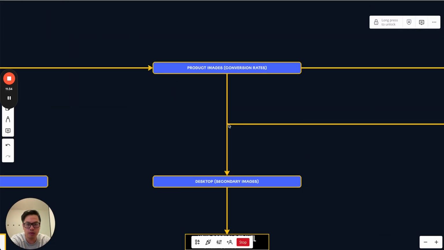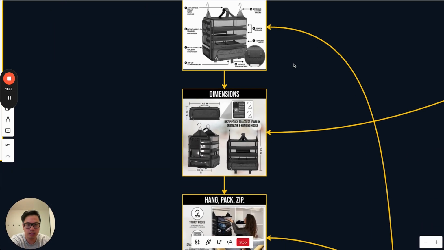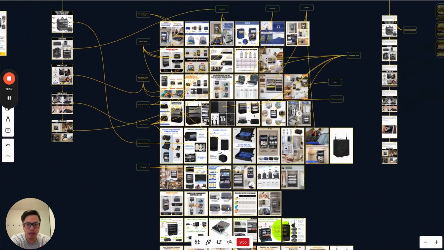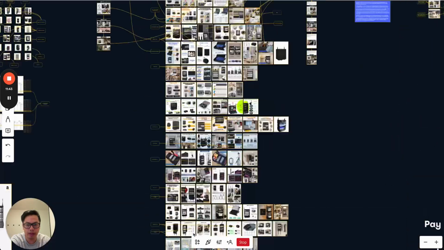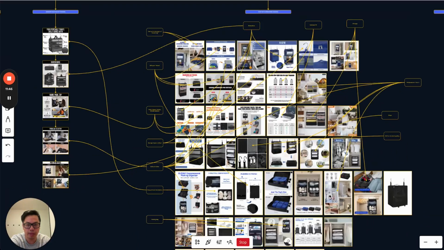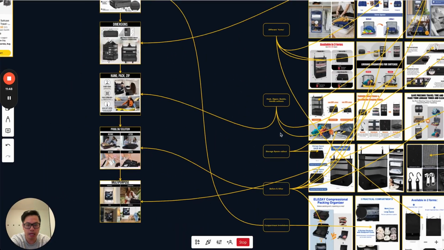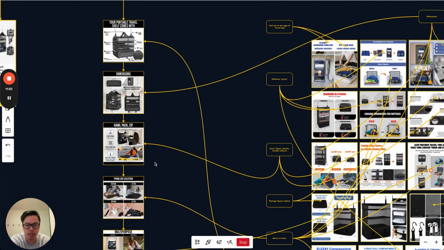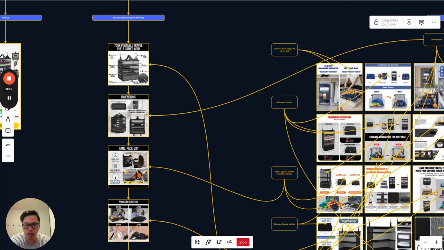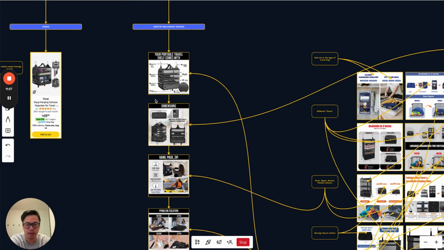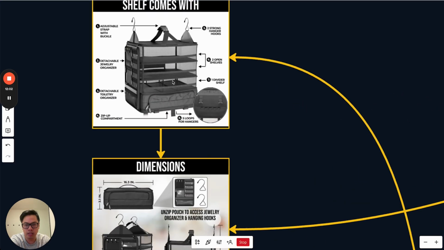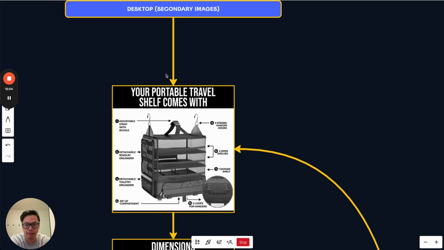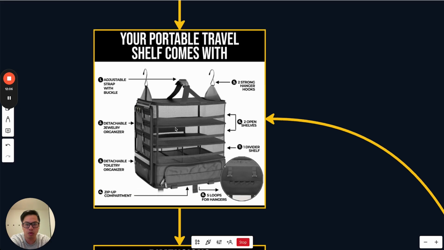Okay, so we're going to go through the same process, but for secondary images. So this is done in a way where we identify all the themes. It might not be everything, but it's going to be a good chunk of the main ones. And then from there, we're going to connect these themes to our main images. I'm going to see what we conveyed and what the stuff is that we missed. So this will help us figure out if we can tell a better story on the secondary images side. So let's first go through the main images and then ask ourselves,